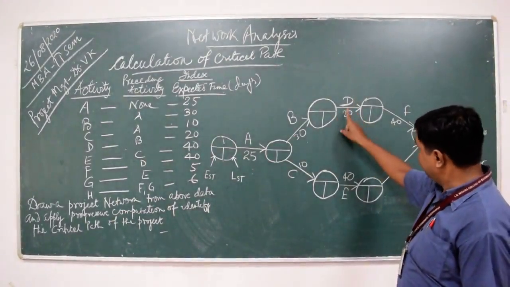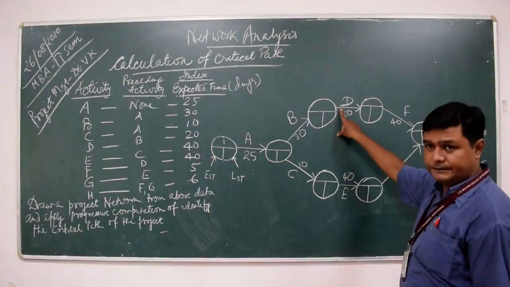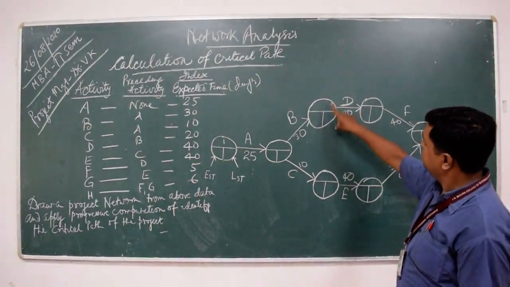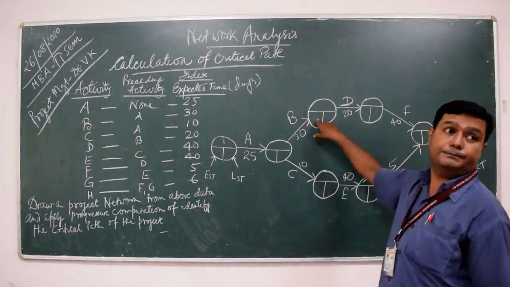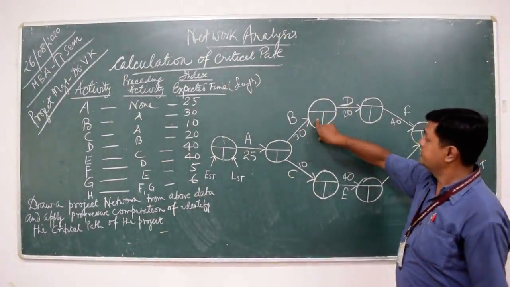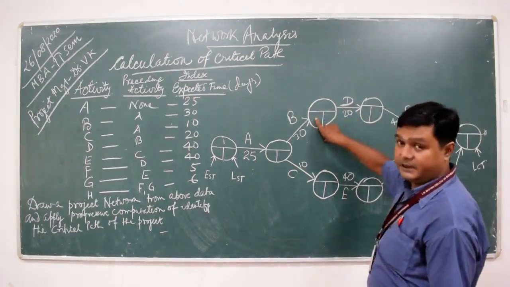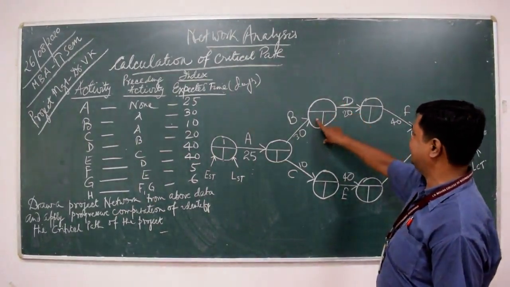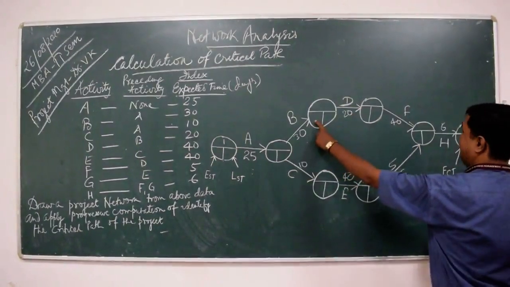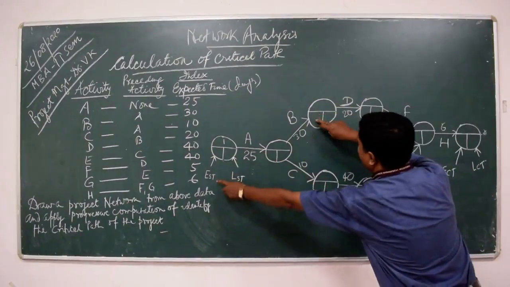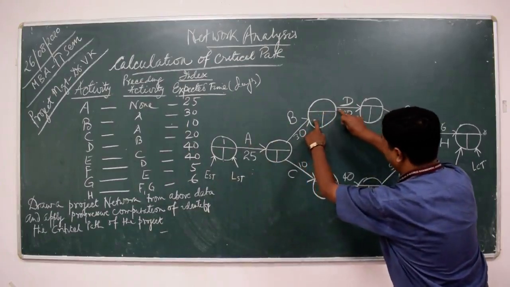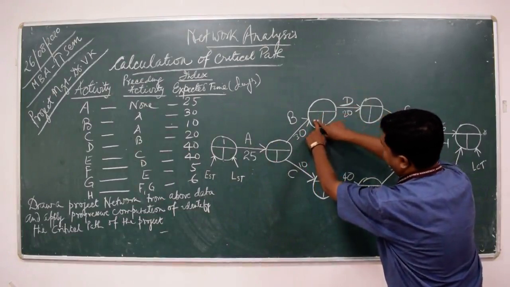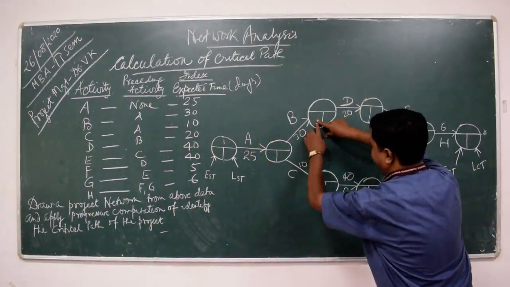So when we are talking about the activity D, this event is the preceding event. So activity D will start from here. Then whenever we are talking about the starting time of D, we will consider this position as earliest start time, because from here activity D is starting. So with the reference of activity D, this position is treated as earliest start time.